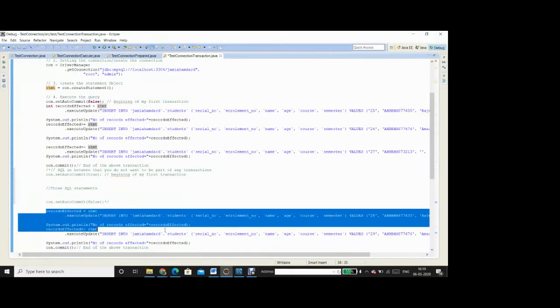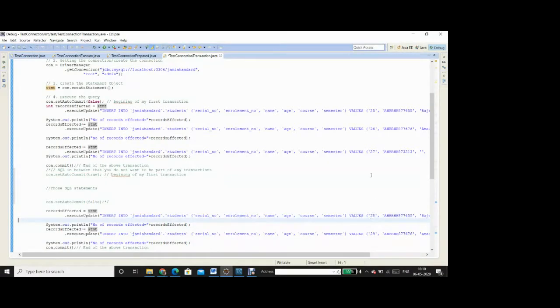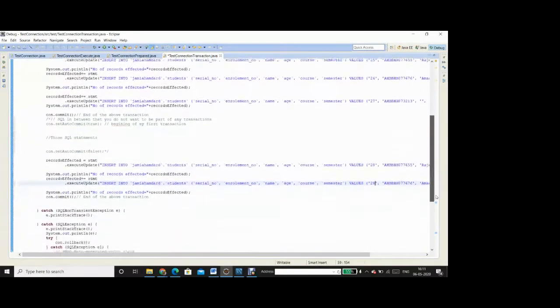So this transaction contains two statements, and we are deliberately willing to fail one of the statements. Say here, I will say 28. The serial number is 28 for both the statements. The first statement should be a successful one, but the second statement should give me an exception for the duplicate key.